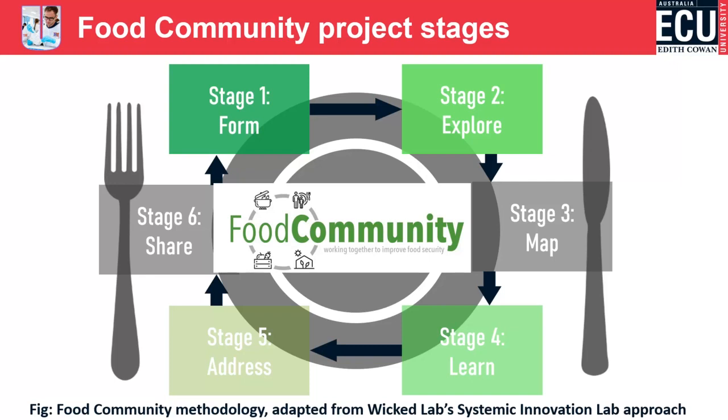And then stage 5 is where we bring people back together in a face-to-face and online workshop in each region each year. And that's where we look at providing impact reports to each participating initiative leader. So these impact reports show how their initiative is contributing to systems change in the region, as well as an action plan template that we work with them through a facilitated session to identify some very small tweaks or value adds they could include in their project or initiative to strengthen its individual contribution to food security systems change in their region.